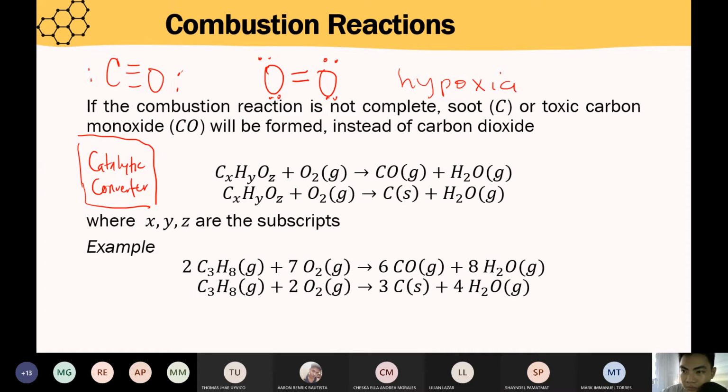So what's the purpose of catalytic converter? Because we expect that in cars, over time they become less efficient in combusting fuel. So ginagawa ng catalytic converter is that the carbon monoxide produced by the combustion of fuel in your less efficient cars, mangyayari is that this catalytic converter will continue the oxidation process to make